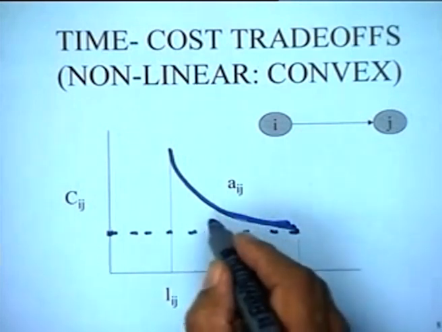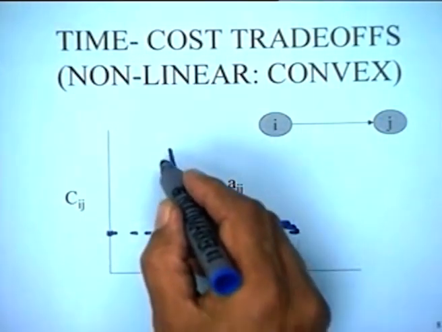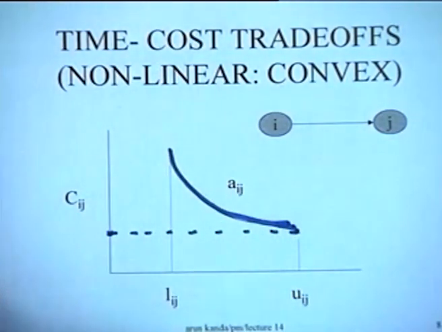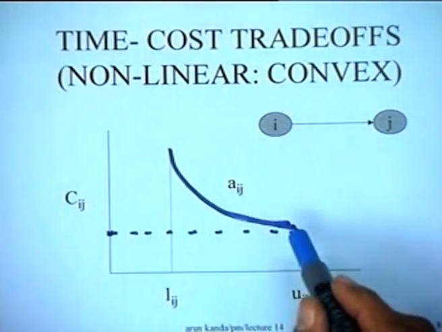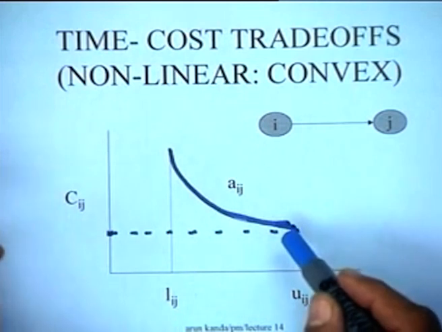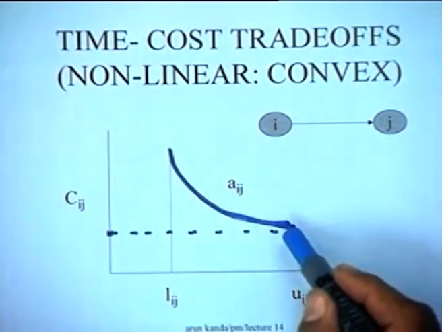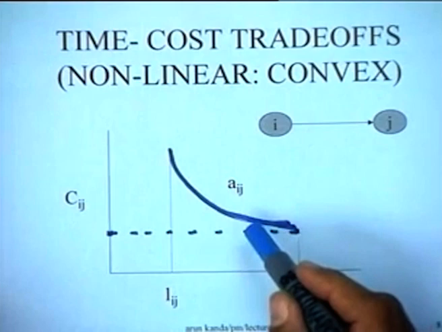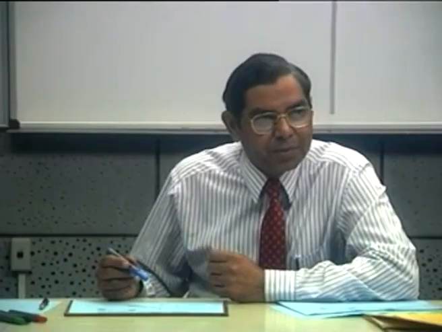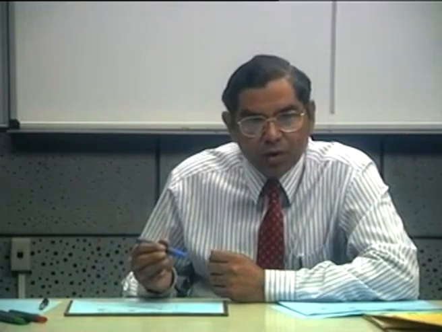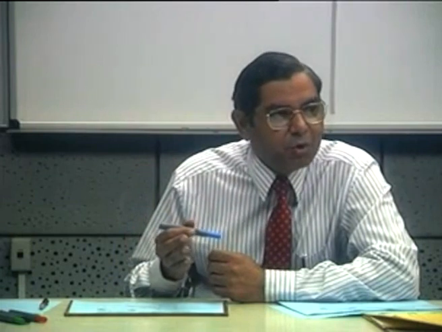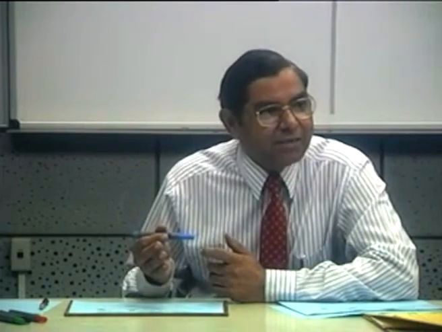As the activity is crashed more and more, it becomes increasingly more costly or more difficult to crash the activity. So this kind of behavior is typically found in most activities which you want to crash. For instance, if some particular activity takes 15 days, trying to reduce its duration to 14 days might be easy. People would not even notice what's happening. If you reduce it to maybe 12 days, people would start noticing. And if you reduce it further down to 10 days, some people might even react violently to what you are